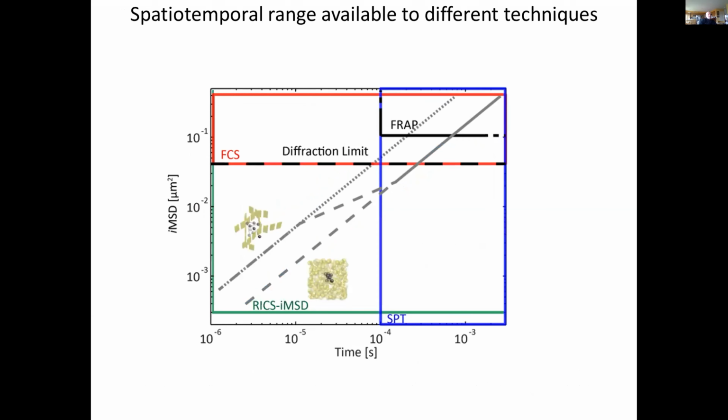There was a question I had about FRAP: what is the difference between FRAP and the other techniques? So let us make this graphic, the last one of this presentation, in which I show the region in which you can apply FRAP. At best, you can go to 10 to the minus 4 second, but it's more limited to that region. It's diffraction limited. FCS is also diffraction limited, but iMSD and RICS are not. And you can go to much faster times,